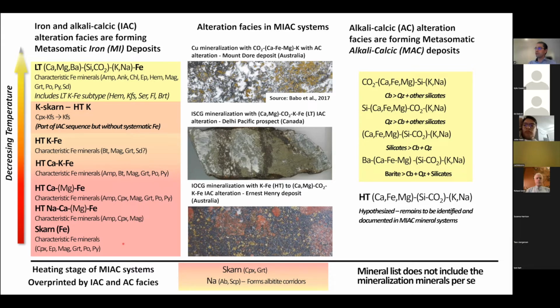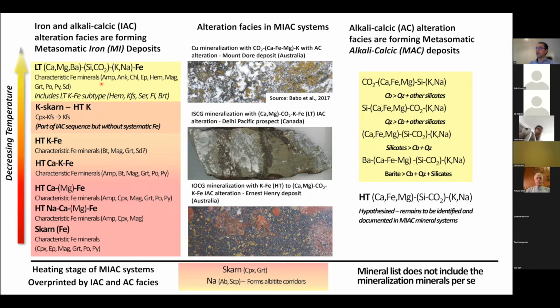And then one of the characteristic features, when these systems are starting to get some intensity and we start really to get the signature of the fluid plume, is generally an extremely strong addition of iron that becomes present in the system. This addition of iron can be expressed as different mineral assemblages, but the ubiquity will be the addition of iron. And then we can form a succession of facies of alteration, and each of these facies will be associated with different assemblages of metals. But iron is going to be the key component that links them all together, from high temperature facies to progressively lower temperature alteration facies.